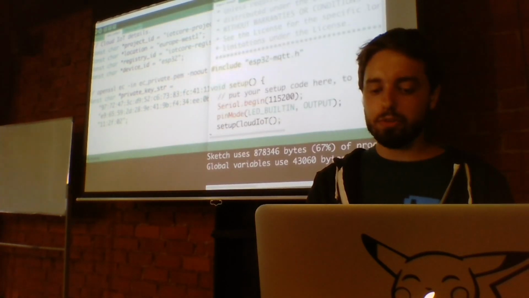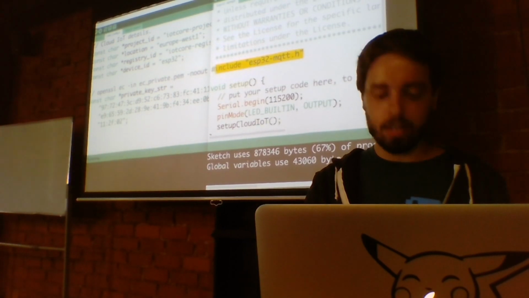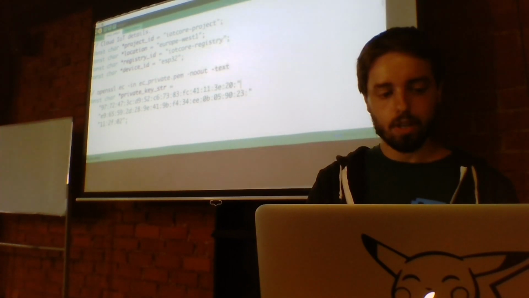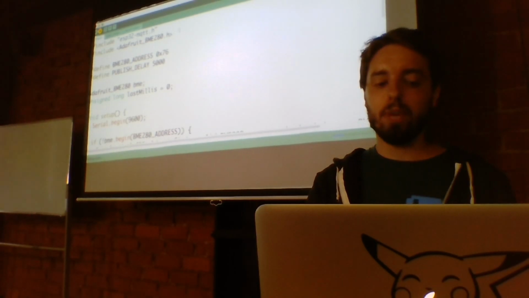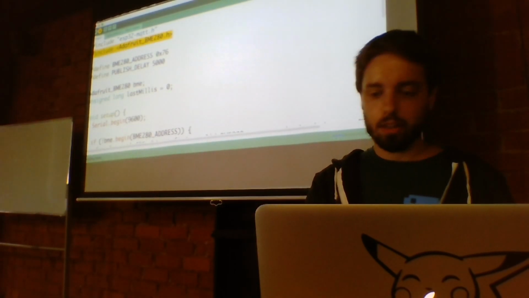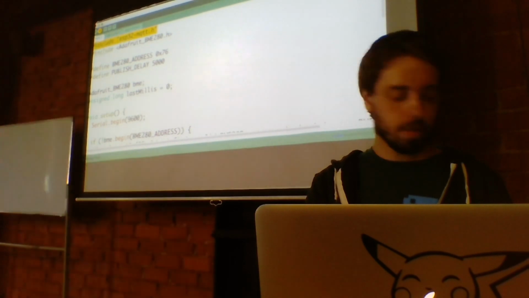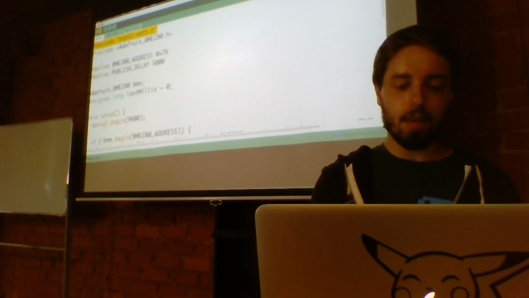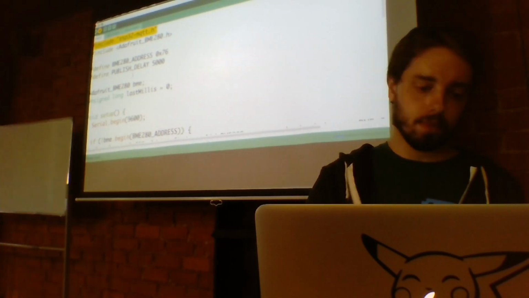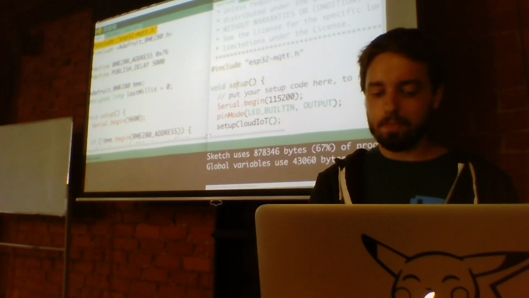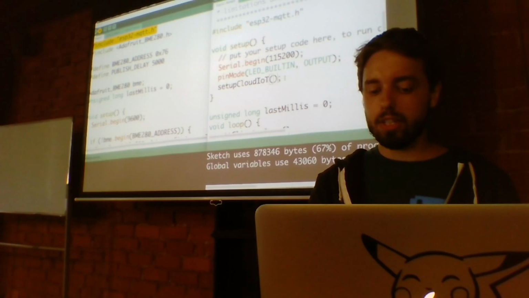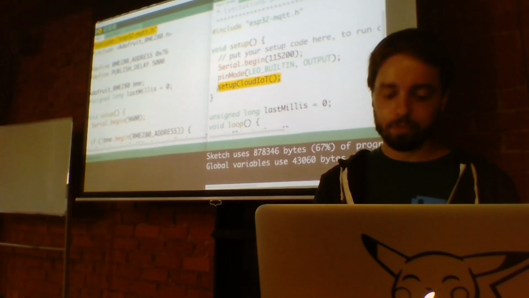What you have to do again, you need an import. In the project we saw earlier, remember we had this import for the sensor. Now we have an import for the MQTT client. Then in the setup method, we just need to call this method setupCloudIoT.